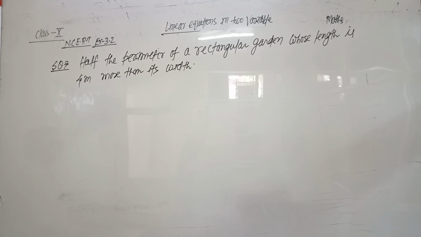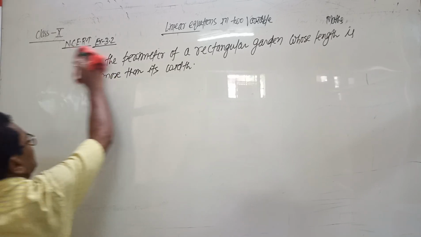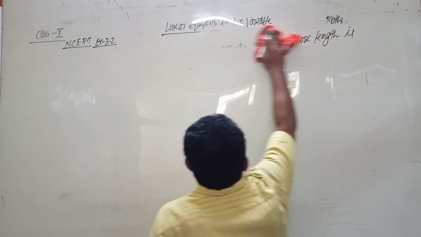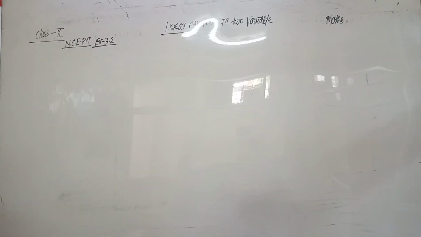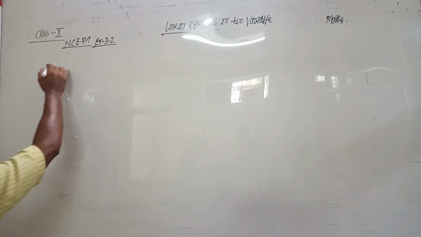There is a misprint in this question. Half the perimeter of a rectangle whose length is 4 meters more than its width is 36 meters. Okay, half the perimeter. The question is